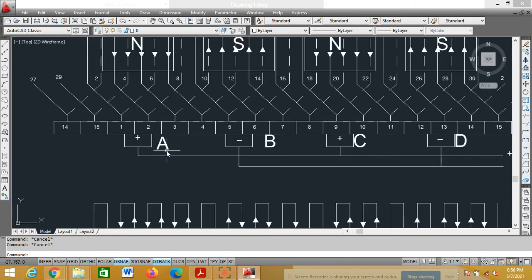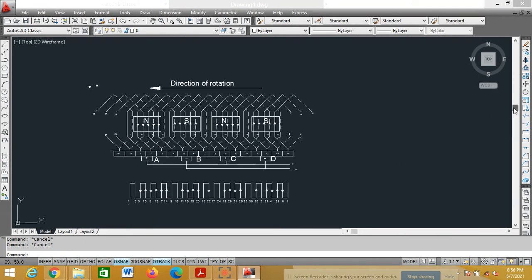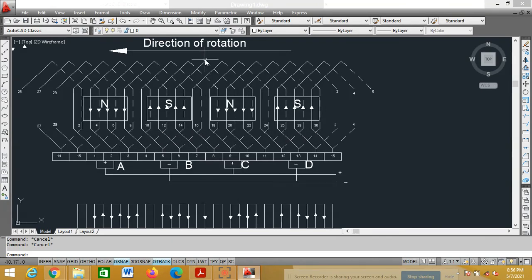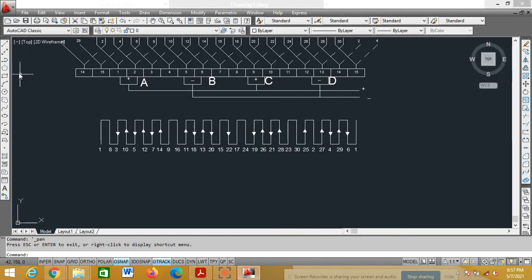So A is coming under which connection, which is within the conductor. See, you draw a line here, this outside, this is within the conductor, within the brush 3 to 8. 3 to 8 is A. Switch on the ortho, draw a line from 3 to 8.